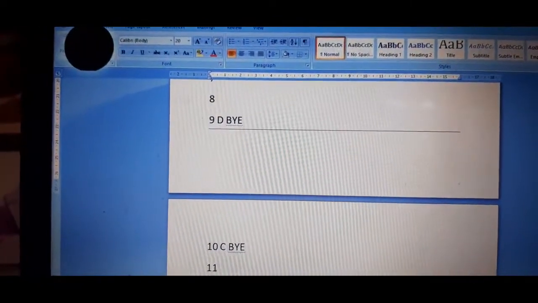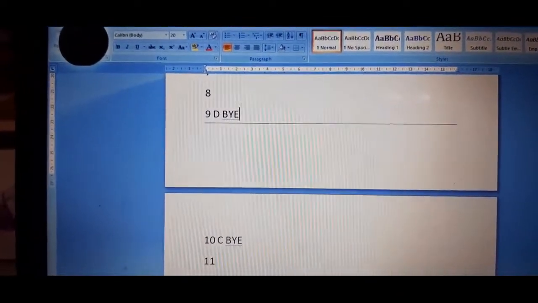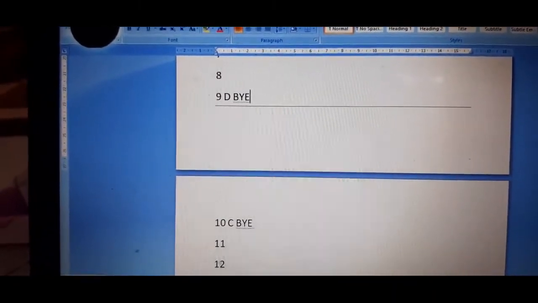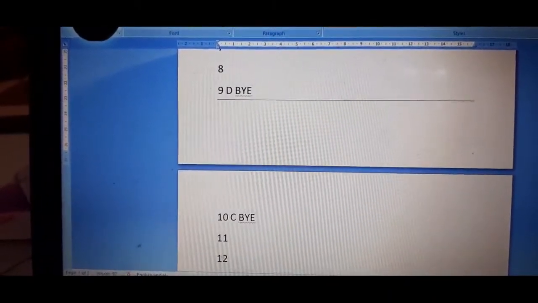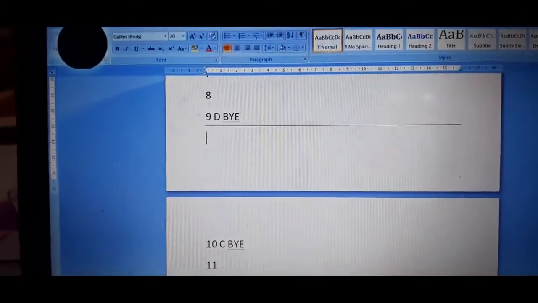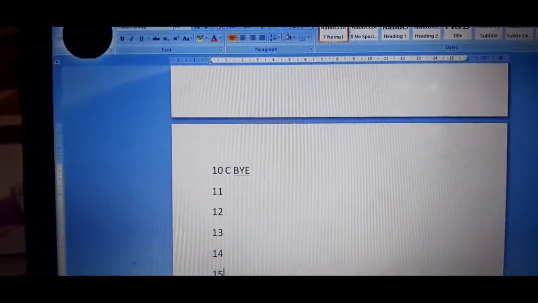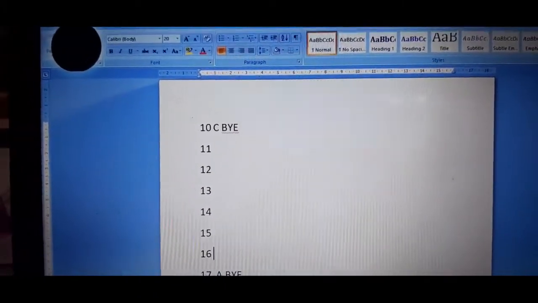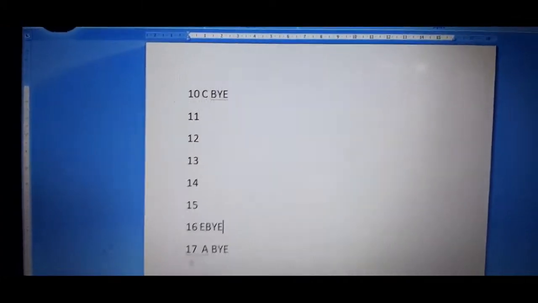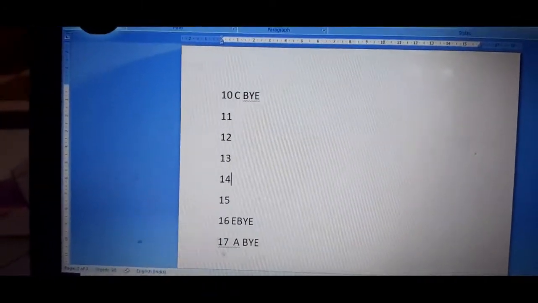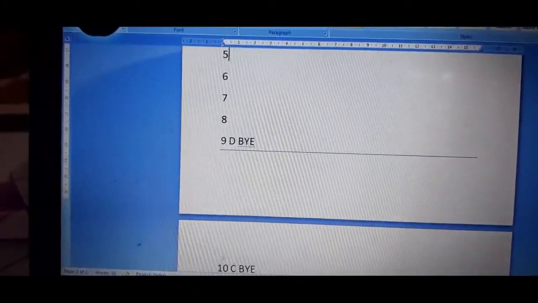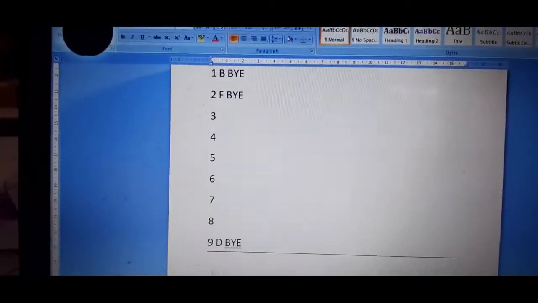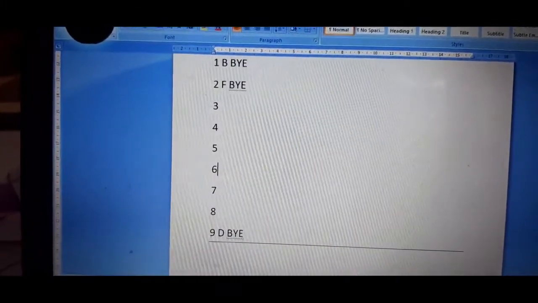Now see, we have given 4 byes out of 15. 11 are still remaining, and we have to give these 11 in the same sequence. The sequence won't be changing. So a, b, c, d is done, we'll start with e. So e will come to where a is. E bye. After e, f has to go right on the top. You have to follow the same sequence, you don't have to change the sequence. F bye.